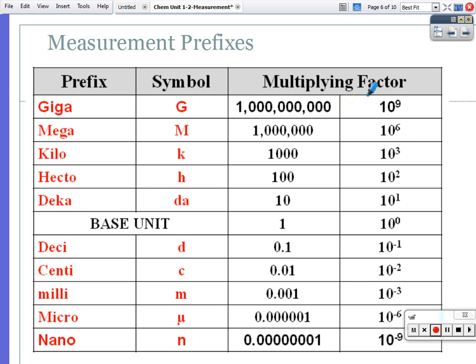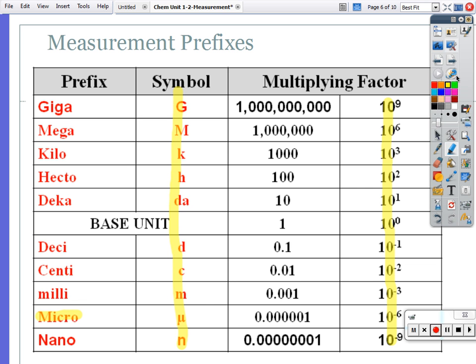This is important here. You need to know this and what symbol it goes with, and then you know what the prefix is. So G's giga, capital M's mega. All right, you got lowercase m, and then micro. You need to take a close look